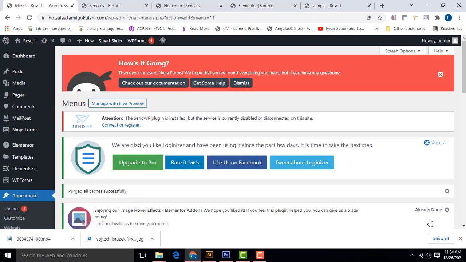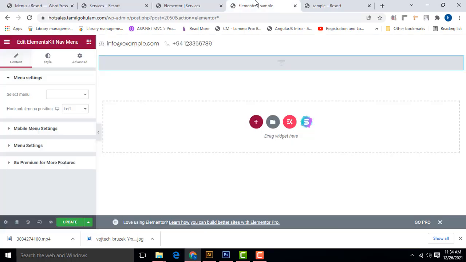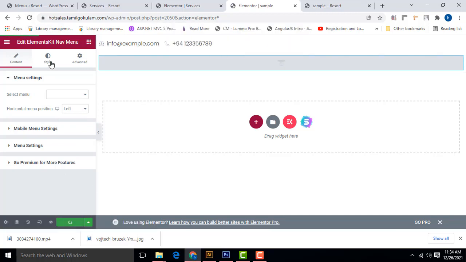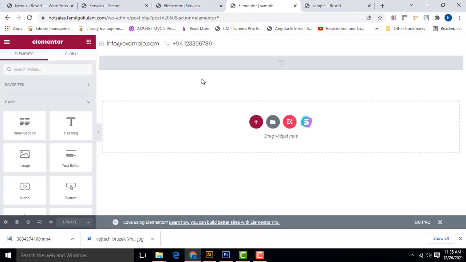It's saved. Now switch back to our Elementor. Here, click on this one. Here, select this one. The update menu is not there because I have to refresh it. Then only it will be applied. So we'll update and refresh. It's not coming here. What is the menu I have created? It's update. Update menu I have created. Okay, I have a new name, update. So this is the matter.